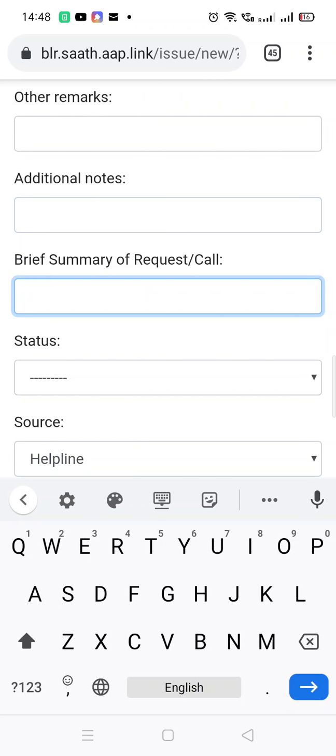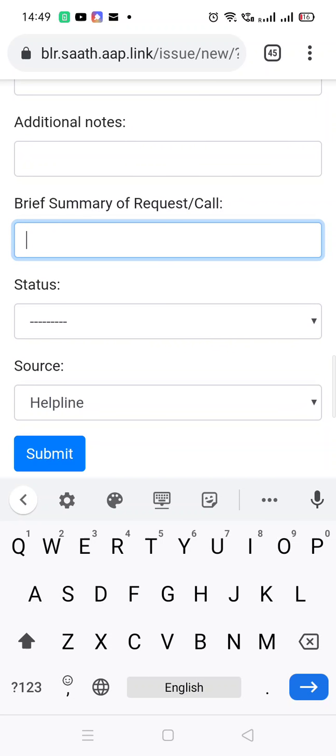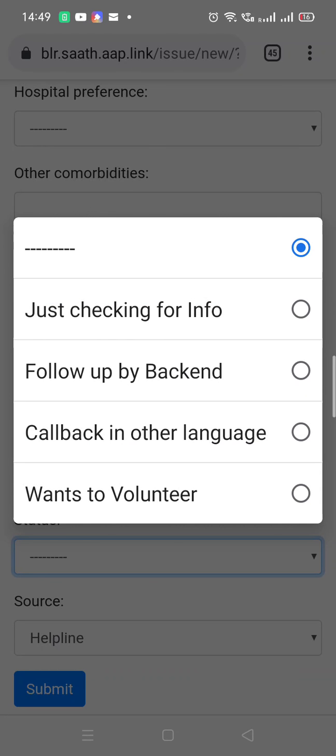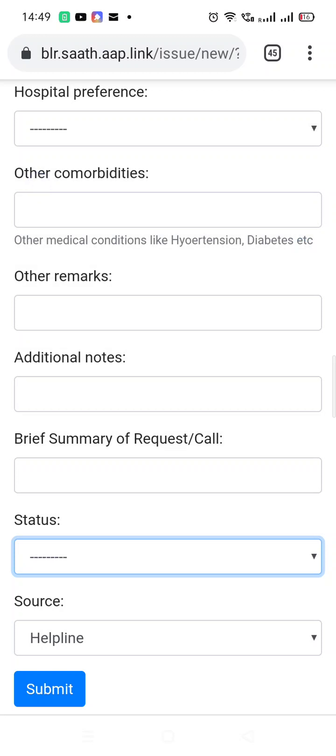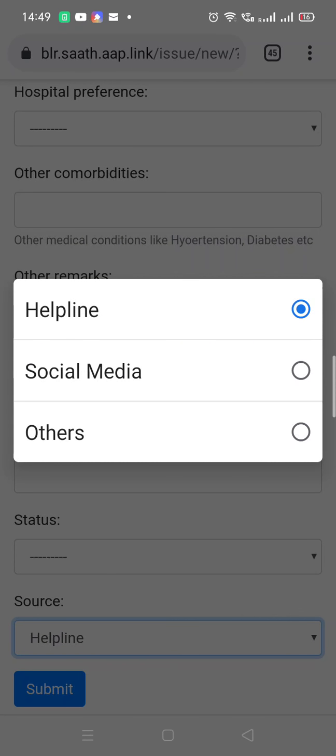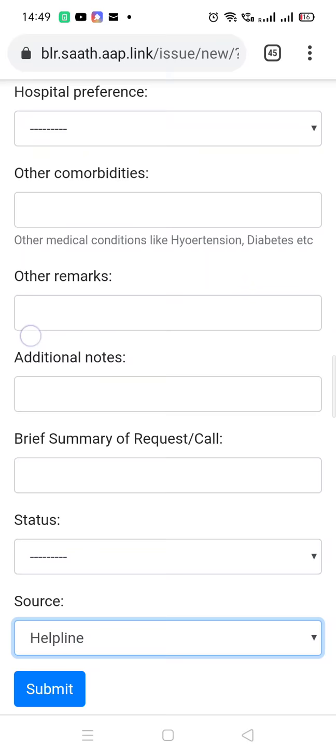You can also put a brief summary of the request, like oximeter is needed, or oxygen is required for the patient, or the patient is looking for an ICU bed or something of that sort. Then just put the status, followed by the backend. And you can put the source, whether this was received on helpline or social media. Okay.